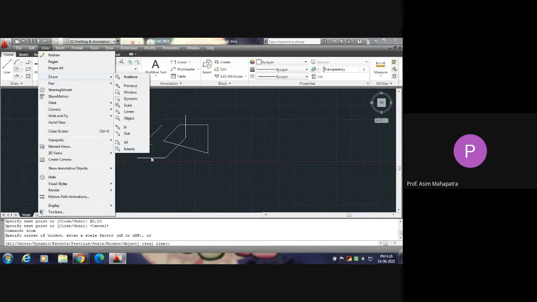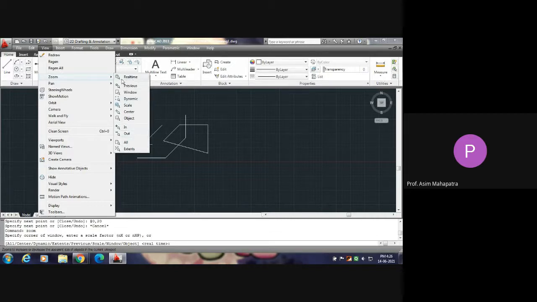extends means all the drawing will be sized automatically according to your screen. All drawing will come into your screen, nothing will be outside the window and no space will be left. And there are several others, say zoom in and zoom out. If you zoom in, it will be 50% larger, means it will be 200 times. And if you click on zoom out, it will be just 50%. So the other zoom window options I will discuss later on. For the time being, you just remember how to zoom the basic things: extends, zoom in, zoom out.